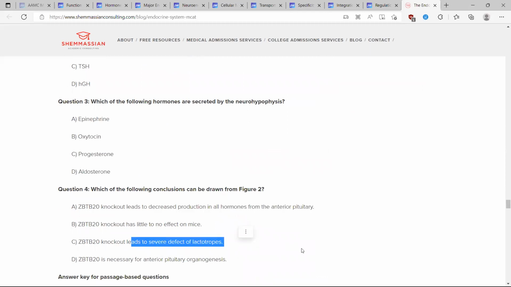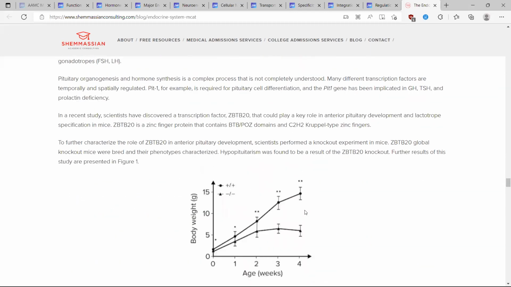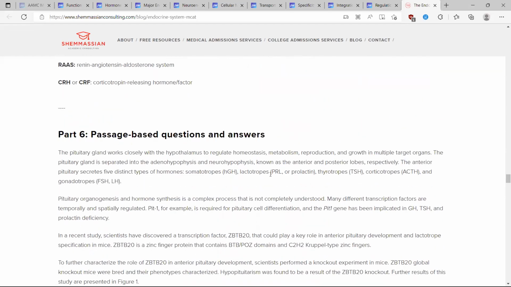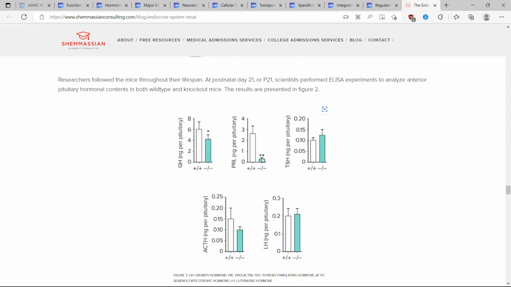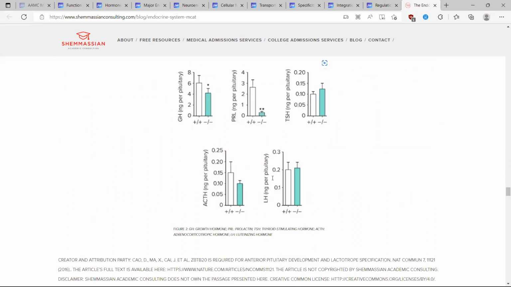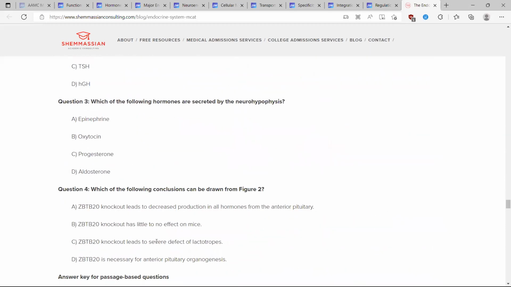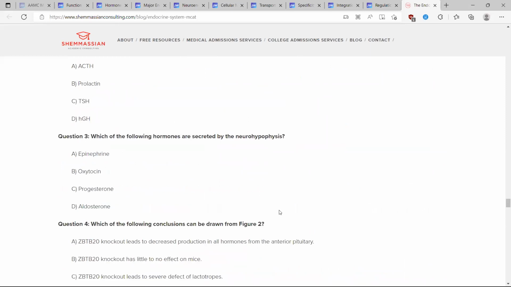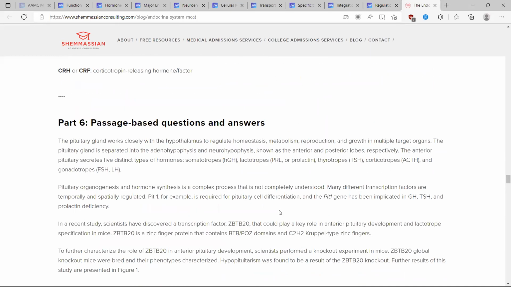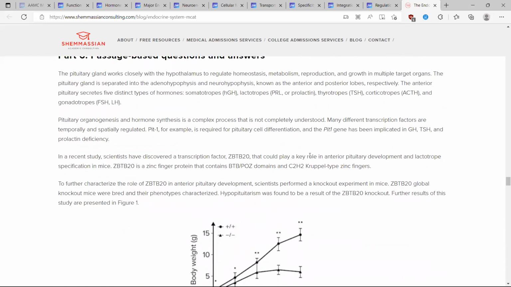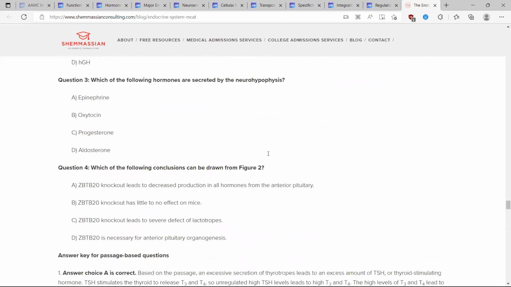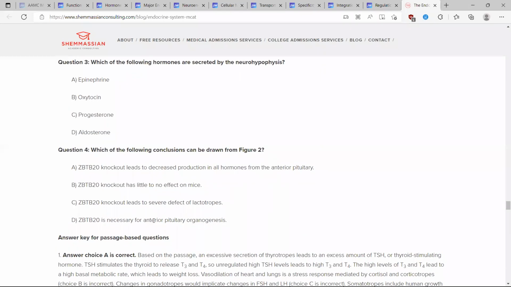Severe defect of lactotropes. Well, what's a lactotrope? I have to go back and see. A lactotrope is prolactin, right? What do we see here? We see a severe decrease in prolactin, right? Double star, very significant decrease. That seems to be correct then. Severe defect of lactotropes, necessary for anterior pituitary organogenesis. I don't really know what they're talking about. Oh, I see. They're saying for the development of the pituitary, necessary for anterior